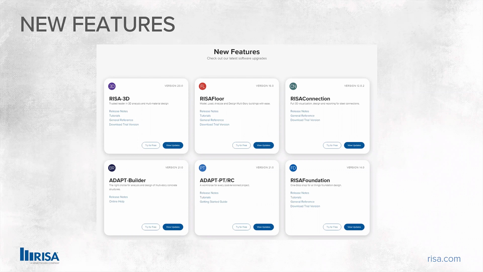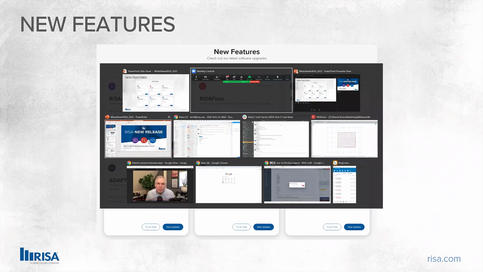And that also gives you a history too, right? So you've got a history of 3D, what information came in the releases prior to that, as well as the release notes for all of those. So just some food for thought as you maybe miss something in this particular demonstration, or you just want to check that out for your own reference. And so with that, I'm going to go ahead now and jump into